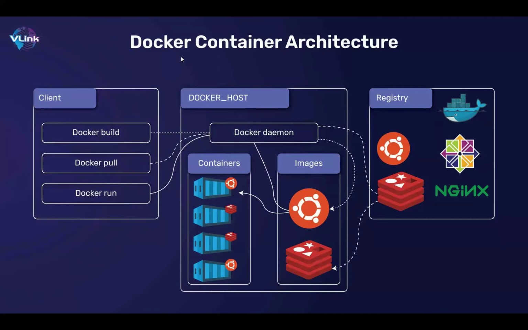So in short, I have to explain the Docker architecture. You have this client, Docker host, Docker registry. Docker host contains the brain of Docker, that is the Docker daemon. Client is the one with which we interact with the Docker daemon, because we cannot directly interact with the Docker daemon. So client will put all the commands, and then Docker daemon decides whether